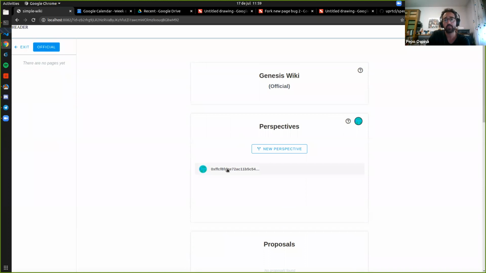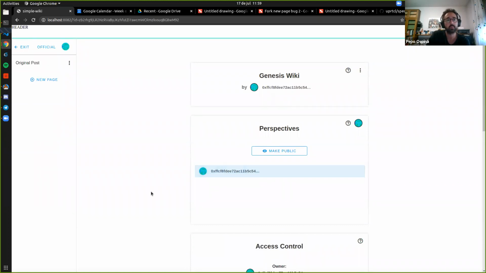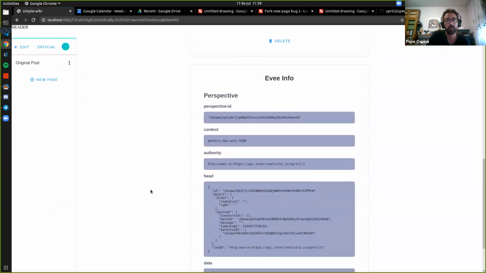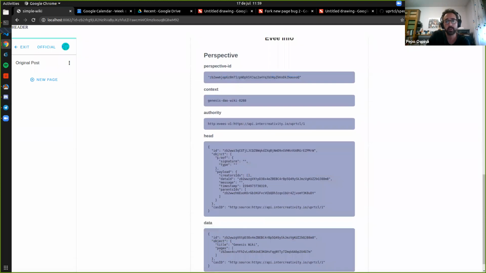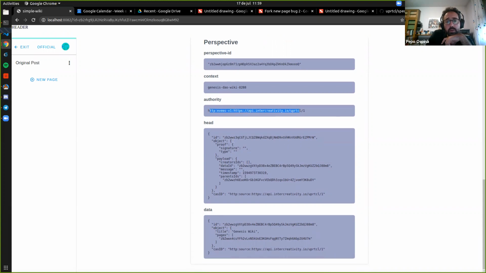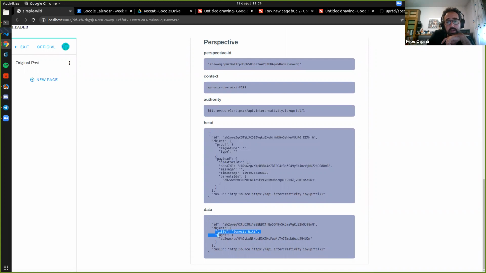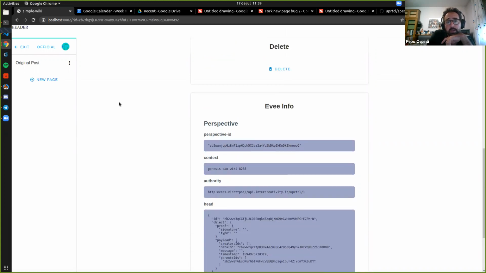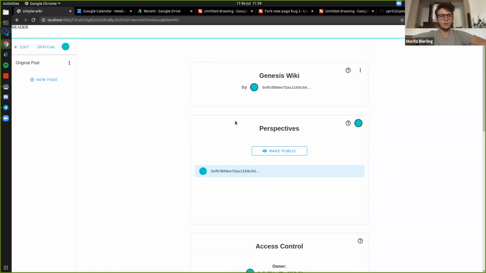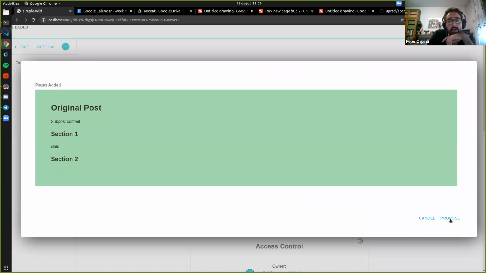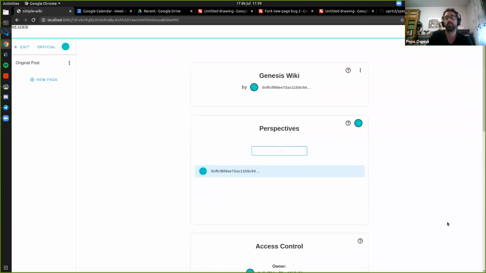And then there's another perspective of the wiki, which has another ID and lives on an HTTP server. It has a new head and a new data, which includes a page. And when I make it public, when I make a proposal, I basically propose a merge into Ethereum.